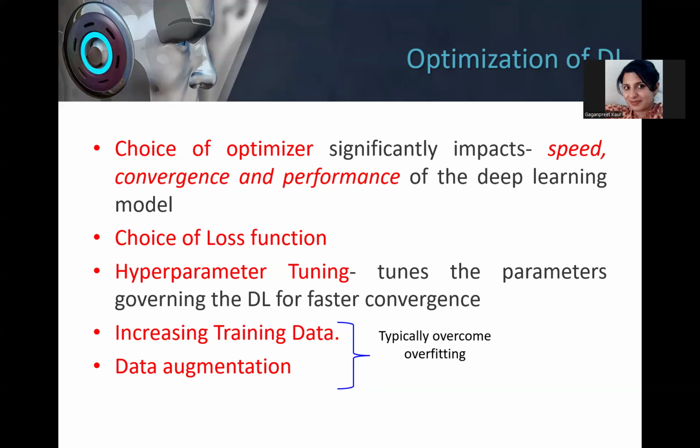So with this understanding, and especially of bias and variance, how they are related in deciding the structure of the network, let's now move further. Now we know what is the structure of a deep learning network. So how to optimize it? We have built it, how to optimize it. So the first thing which affects is our choice of optimizer.